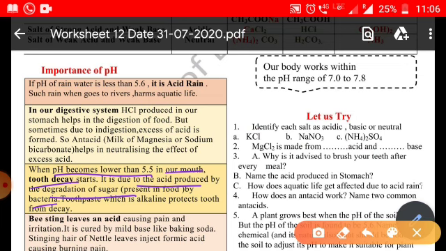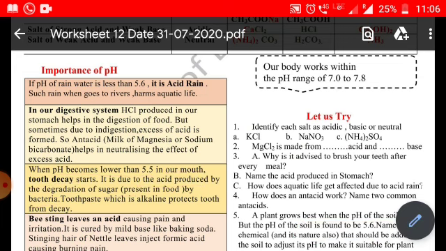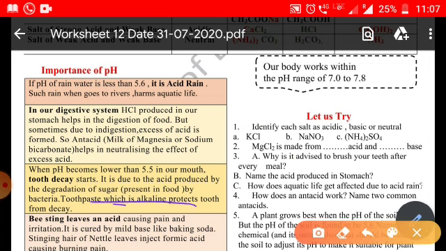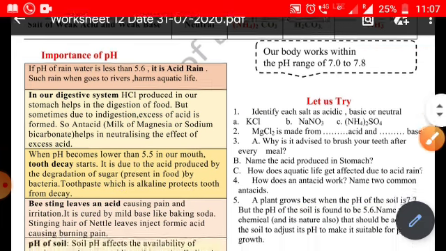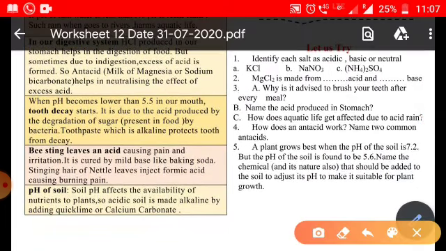And this tooth decay process will be prevented by using toothpaste, because toothpaste is alkaline in nature and helps in the protection from tooth decay. Again, when a bee stings, it leaves acid in the sting, causing pain and irritation, and it is cured by a mild base like baking soda